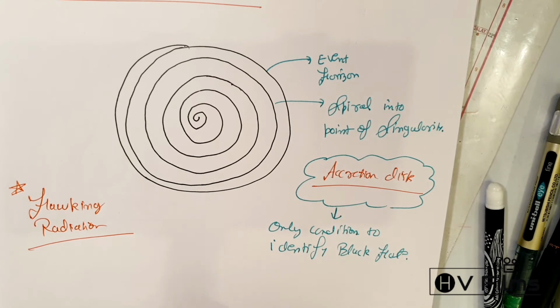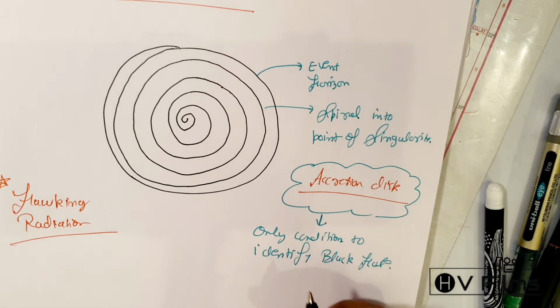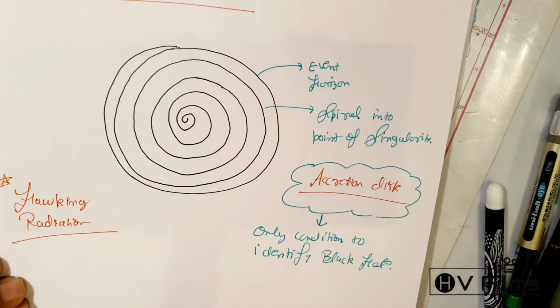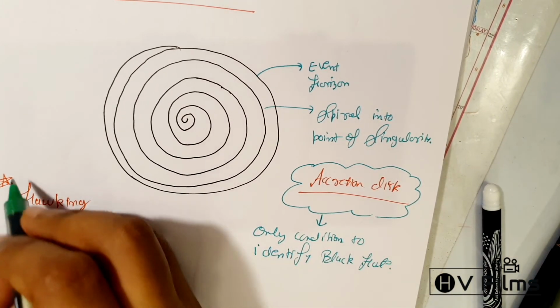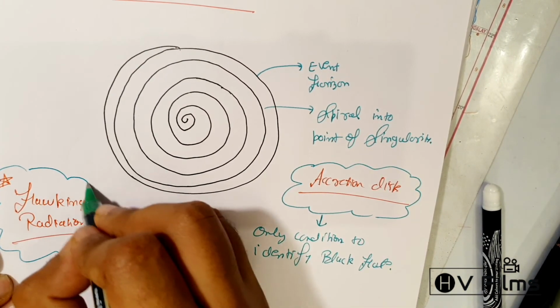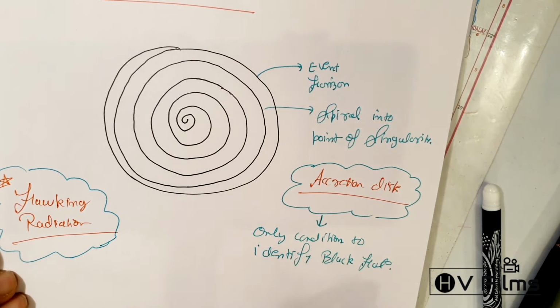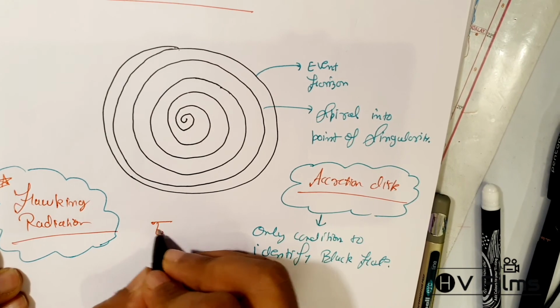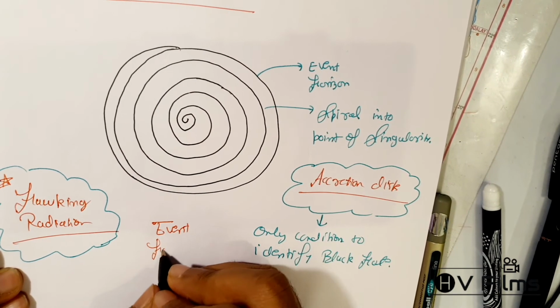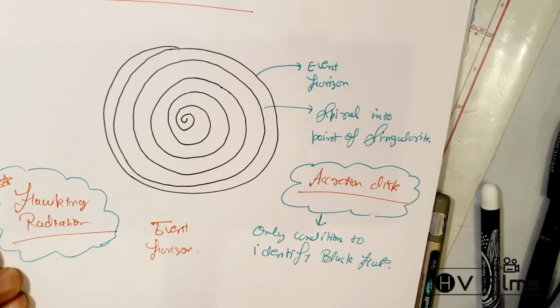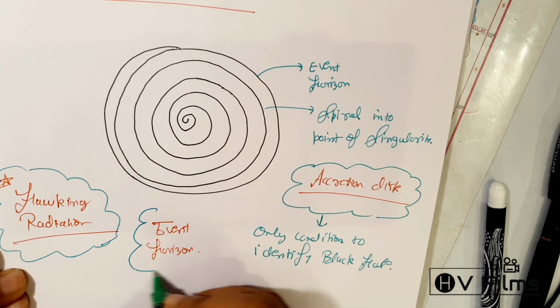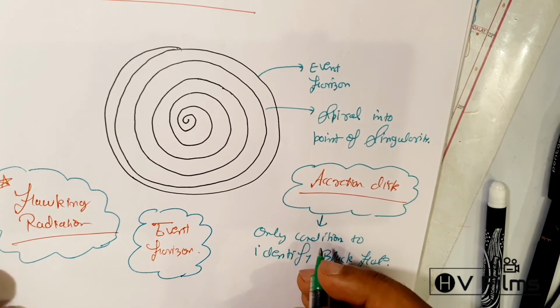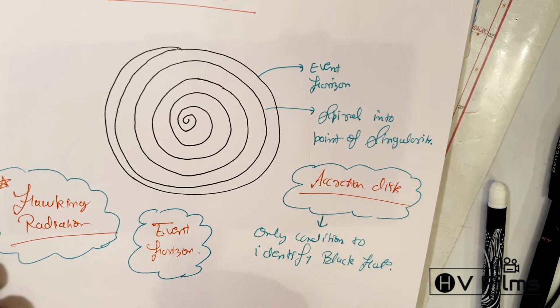Therefore the black hole can be identified by the Hawking radiation, or the event horizon, or by the accretion disk. So we now have three of them. We have the accretion disk where we can find it. Another one is the Hawking radiation. And the next one is the event horizon, that is basically a spiraling of the light itself. So these are the three conditions from where we can easily determine whether the black hole exists